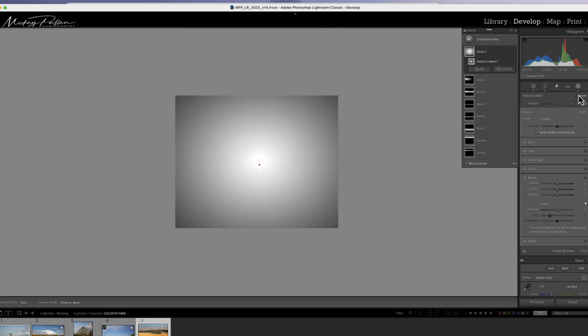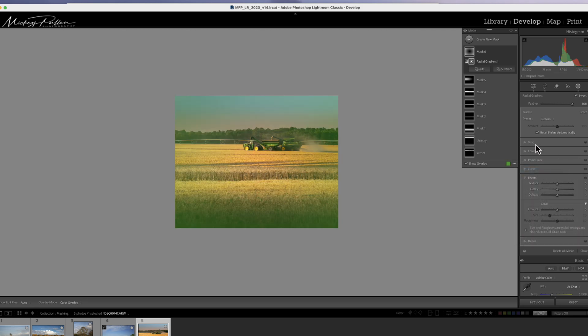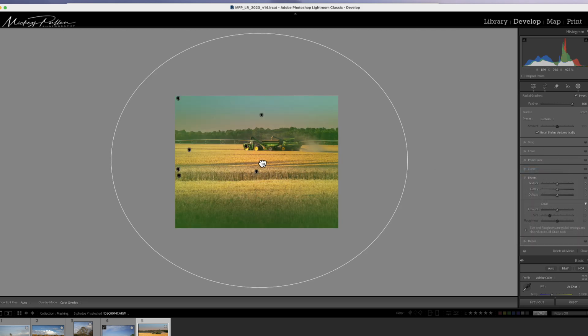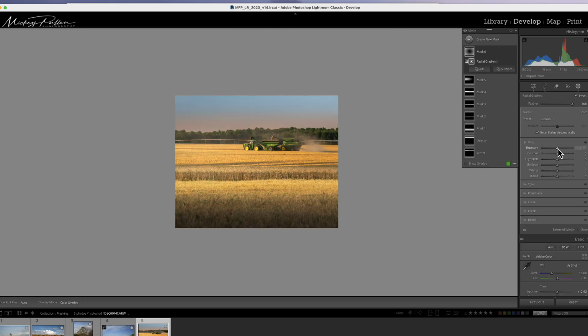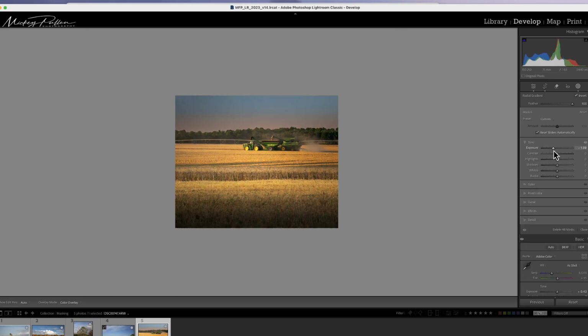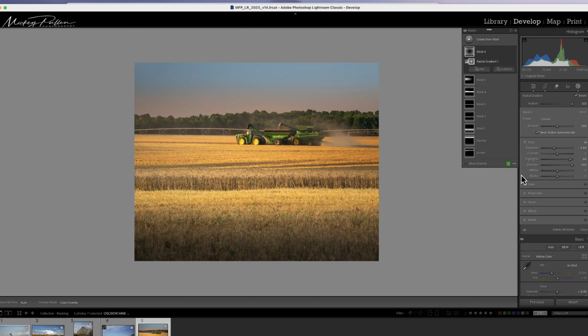If you really wanted to do one other thing, I could use a radial gradient to put a vignette on, and we'll hit invert, and then we'll turn the mask back to color overlay, and let's turn the overlay off, hit our tone, bring the edges in about like this. And we'll turn up our highlights to protect them because it's getting just a little too dark in the corners. And there's the final one. So before,